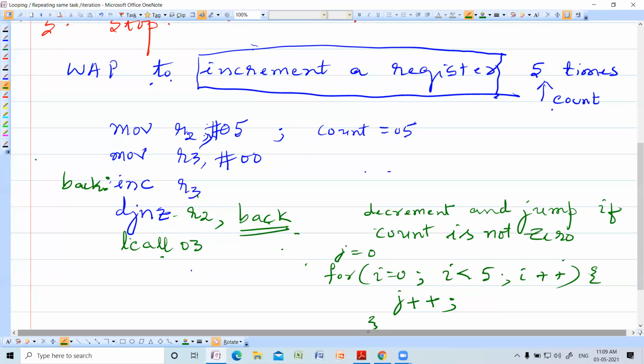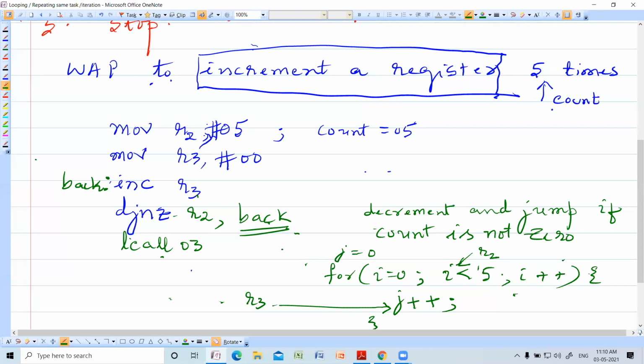In assembly level language, what is the equivalent? j is register R3. i is register R2.